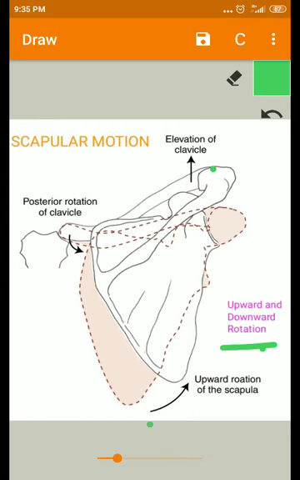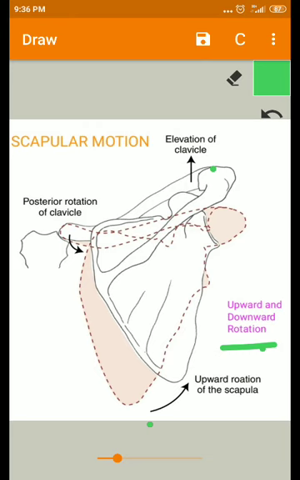So of course these elevation and depression, protraction and retraction will come under internal external rotation and anterior and posterior tilting. Normally the primary scapular motion and all these motions which occur at the scapula